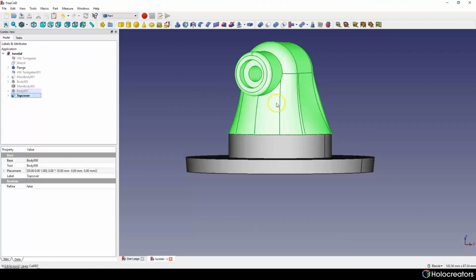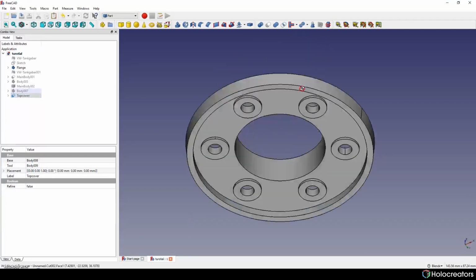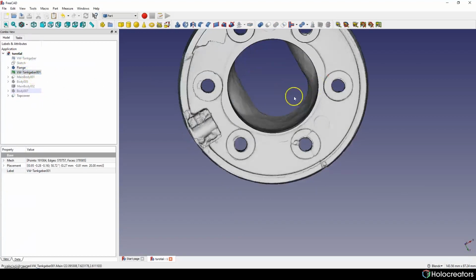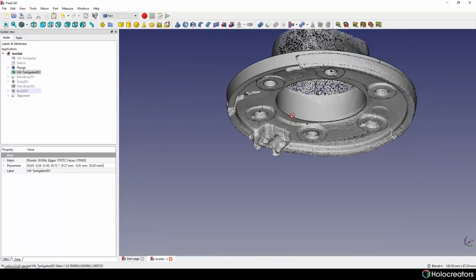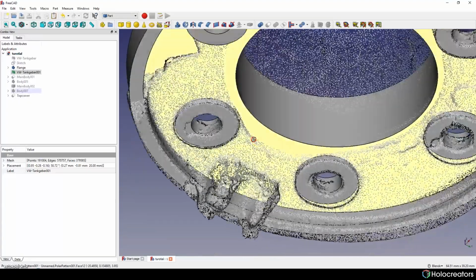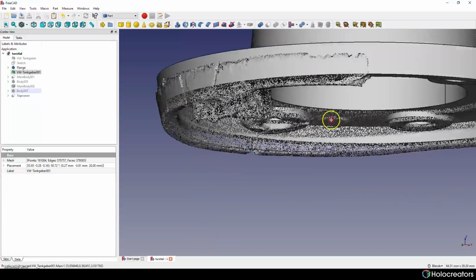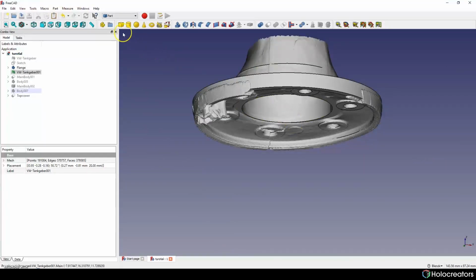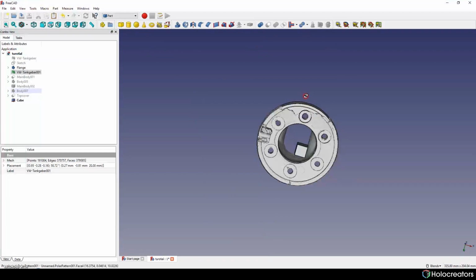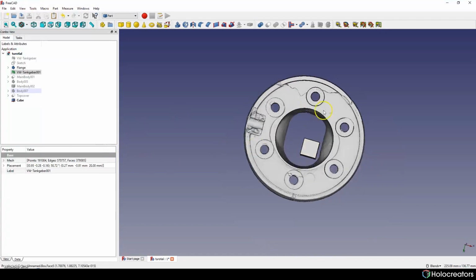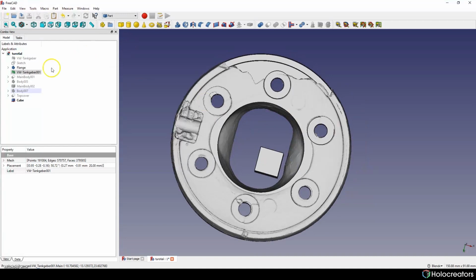First we can hide our top cover because we don't need it. We're gonna need only the bottom part of our scanned model. And first we can create a simple cube by pressing on this primitive. We have to only set the right position for it.